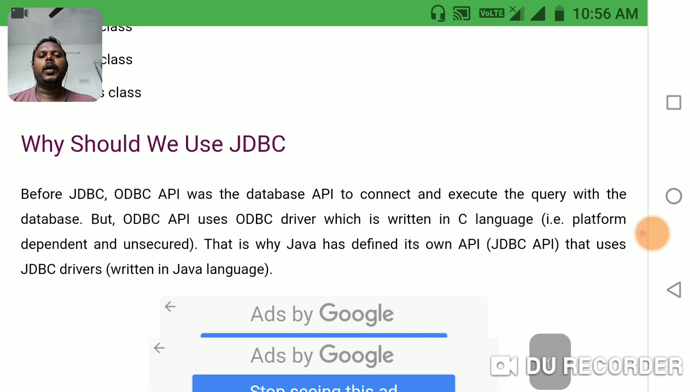That is platform dependent and unsecure. So what they are clearly saying is that the ODBC API is made in C and it is unsecure. That is why Java has defined its own API, and JDBC has been used.